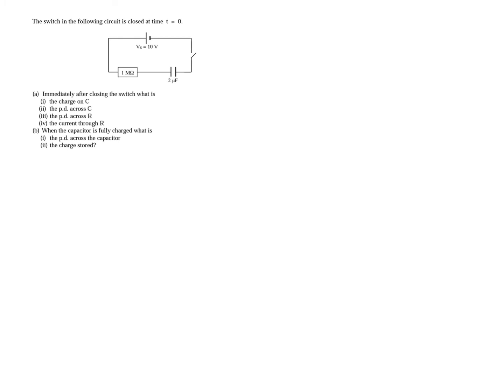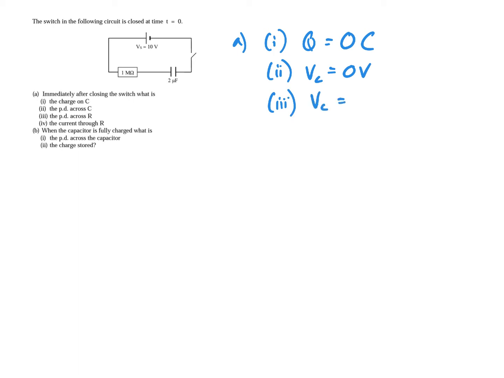So we'll look at a worked example based on those ideas of charging. Some of these are just quite factual. Immediately after closing, so at T0, before anything has happened, at that point the capacitor won't be storing any charge. So Q will equal 0 coulombs. The potential difference across a capacitor will be 0 volts, so VC is 0 volts. Remember, the charge and voltage are proportional for a capacitor, which means all of the supply voltage at that point is across the resistor, VR is equal to Vs,